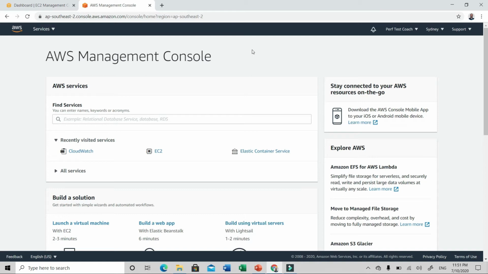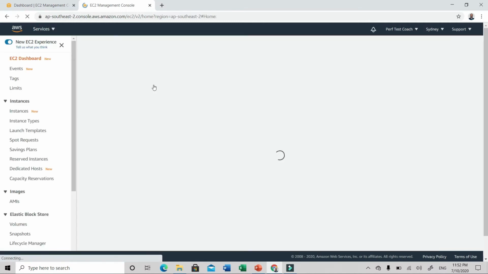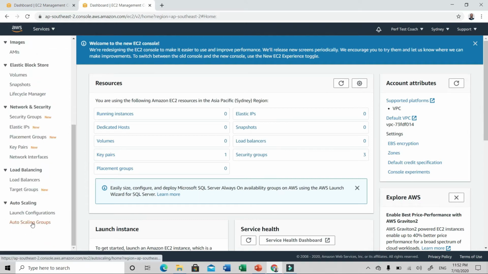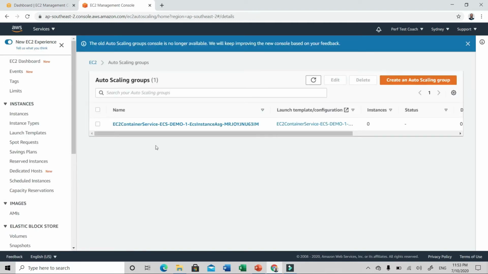In this lecture, I will show you how to create autoscaling alarms for an ECS cluster, that is to add more EC2 instances whenever the load goes up and also to kill EC2 instances whenever the load decreases. So let's get started. In order to add autoscaling alarms at ECS cluster level, first we need to go to autoscaling groups. For that, click on services, select EC2, and towards your left, just scroll down. You'll see autoscaling groups. Select this option. In this case, I want to create autoscaling alarms for my ECS cluster, which is ECS-demo-1. So let me select this option.